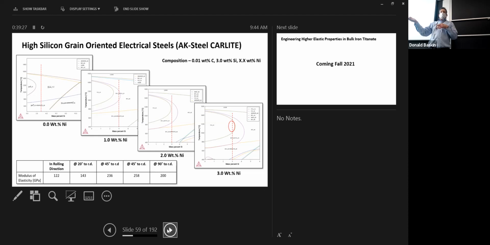This high silicon steel has a significantly higher stiffness at 55 degrees to the rolling direction. I happen to know this because I looked it up. Okay, and that could be useful, right? High silicon steels are used for